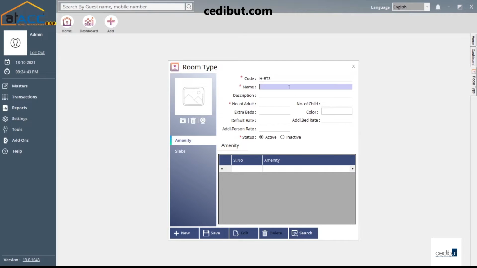You can specify the room name here, and then you can specify the number of adults which should be included in that particular room, whether it is 2 or 3, you can specify it over here. And you can enter the number of children, if an extra bed is allowed, and you can enter the extra bed count, and you can choose a color over here for this particular room